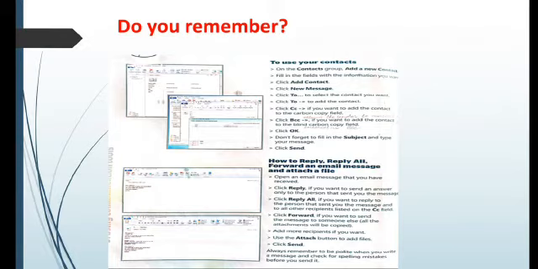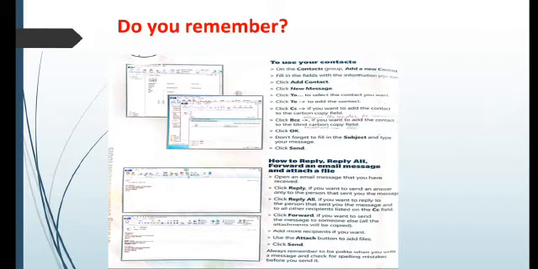First of all, you can see on your book's page number 46. To use your contacts, on the contacts group, add a new contact, fill in the fields with the information you want. Click add contact, click new message. When you click on new message, type there a new message and email, click to select the contact you want. Click to add the contact.